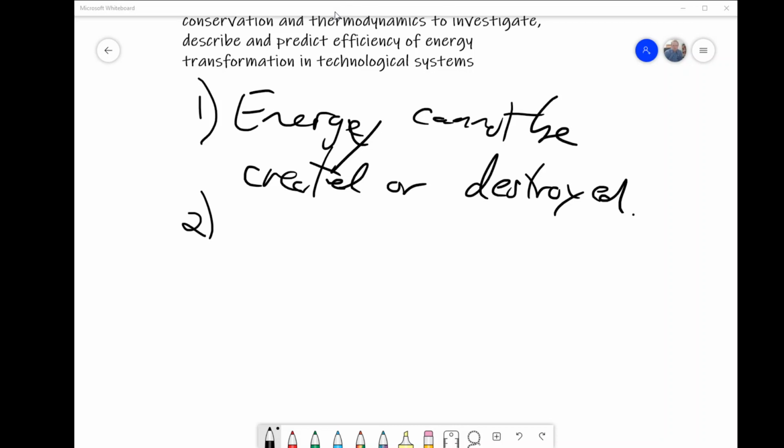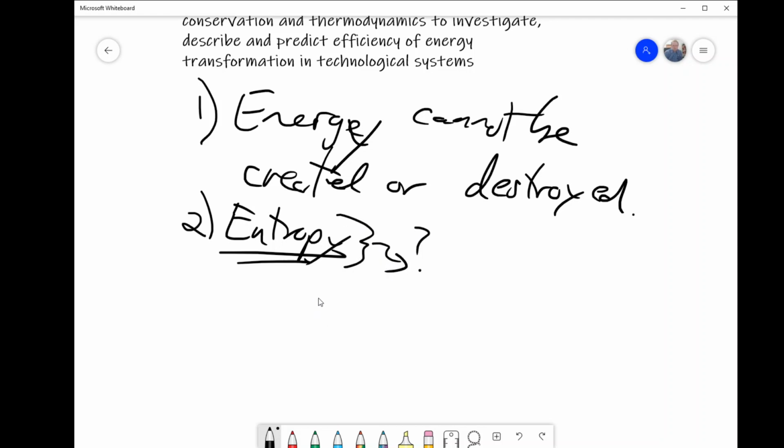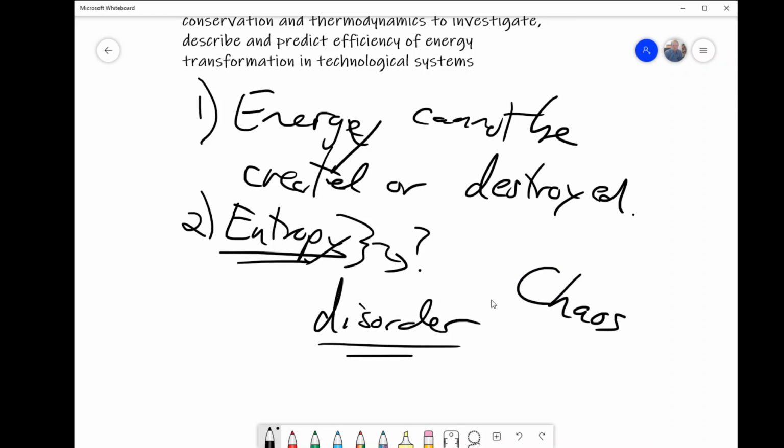The second law is that the entropy of a system is always increasing. Well, what is entropy? That is the amount of disorder in the system. So chaos in the universe. This is why you cannot easily turn heat energy back into another type of energy. It's because that is the entropy. You're creating that disorder when you're making the heat. And you cannot reduce the amount of entropy in the system.